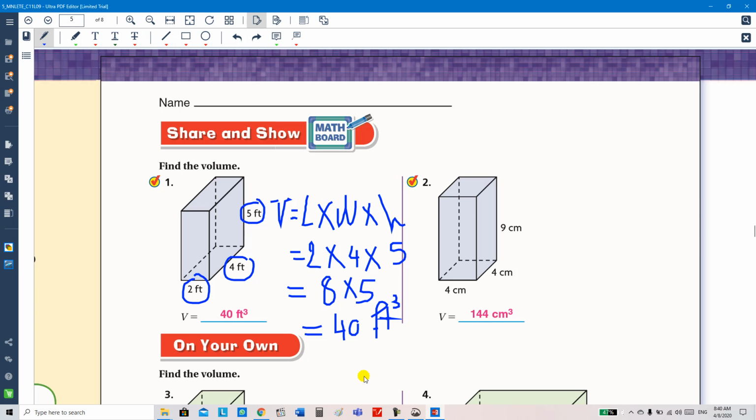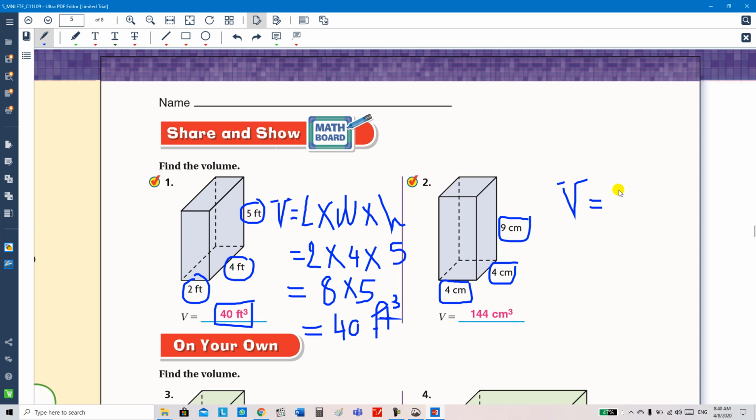Okay, so we have the answer is 40 cubic feet as volume here. Okay, it's very easy. You have to write the steps to memorize it, to apply it in your homework. We have here length equal 4, width equal 4, and height equal 9. So the volume is,